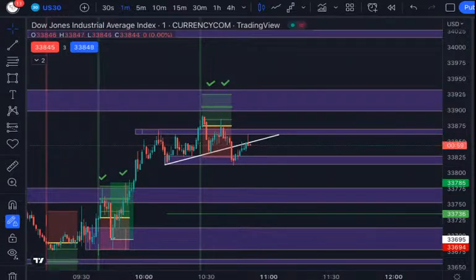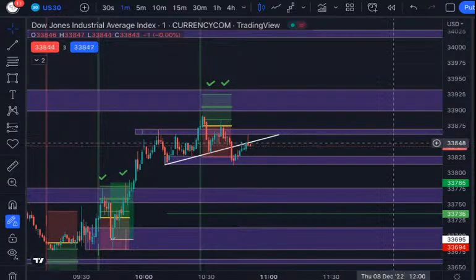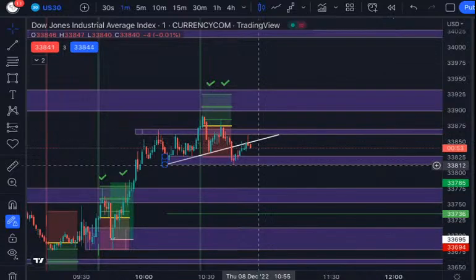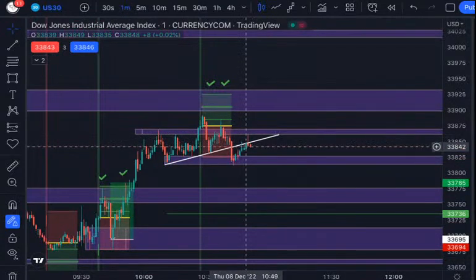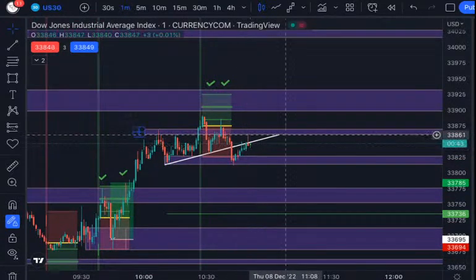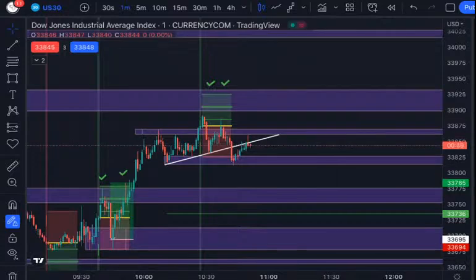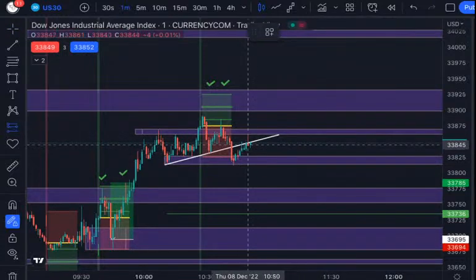Get a nice little wick off of this zone right there. Nice little wick off of the zone right here. Boom. It came back below the neckline and trend line and closed. Actually, I'm going to take a position right here. This is a speculative move, small lot size. I took